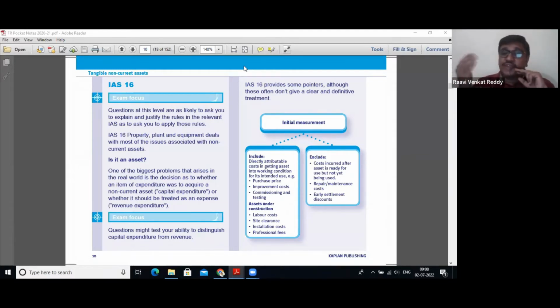Now, when it comes to assets under construction, suppose it is a construction-based asset. If you are incurring some expenses to construct an asset, in that case, the labor cost, whatever cost which you incurred for the, yes,